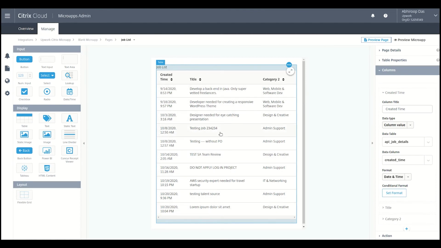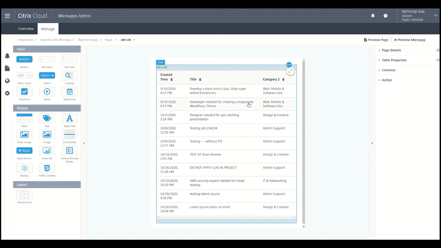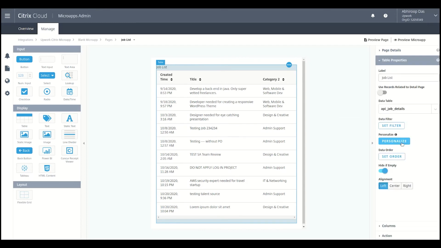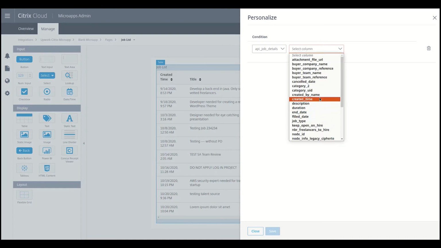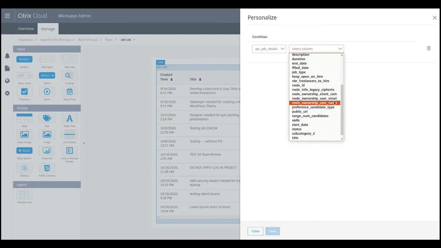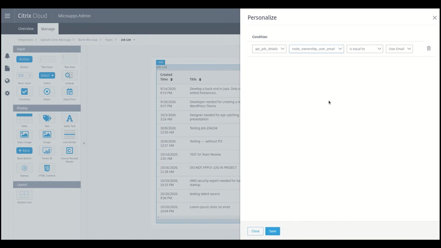on the Upwork platform. Now one thing is that it displays all the jobs on the platform, but what we want to show here is the list of jobs posted by the current user only. So for that we'll be adding a filter here which is called personalize. So what we'll do is we'll add one condition which will say that the email of the creator of this job should be equal to the user email, that is the user who is using